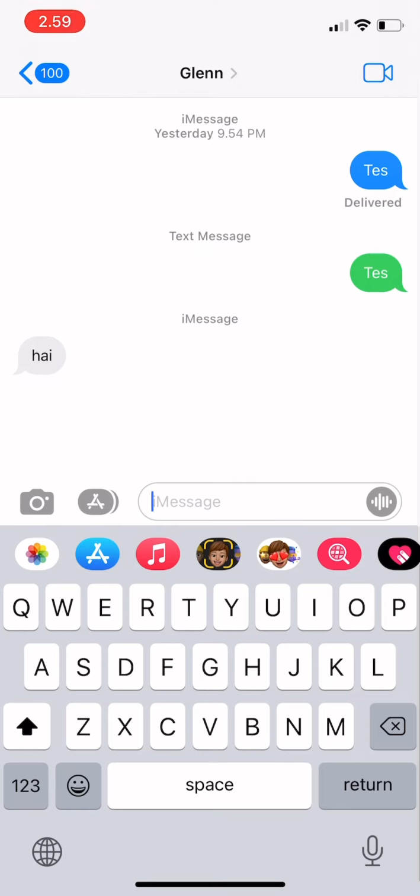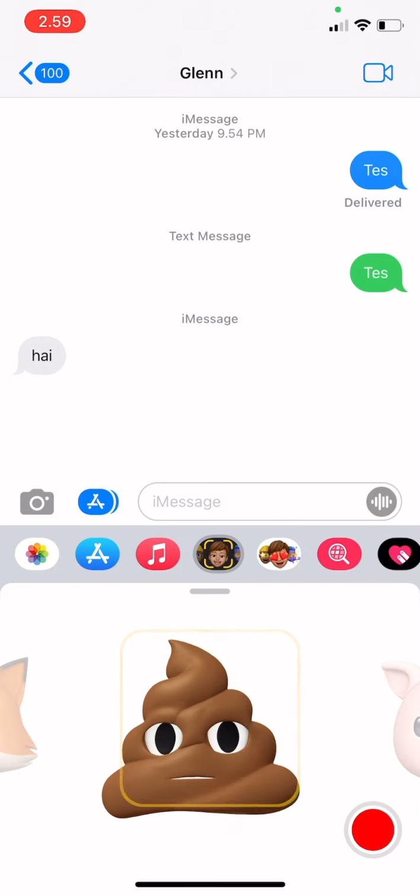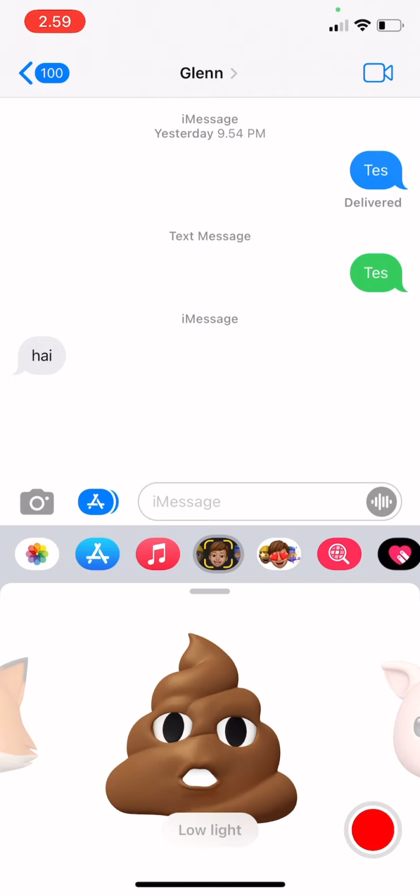In today's video, I'm going to show you how to use Memoji on iPhone. So first, make sure that you have a compatible iPhone or iPad. Then you can just tap there, and then you can just start